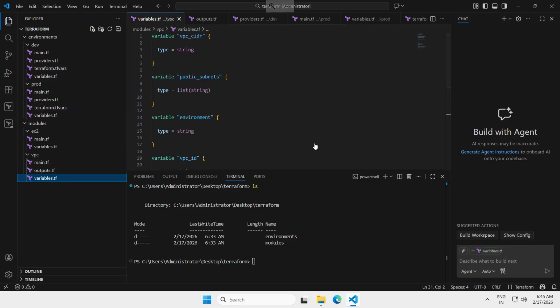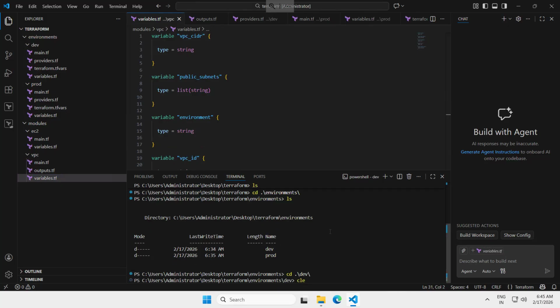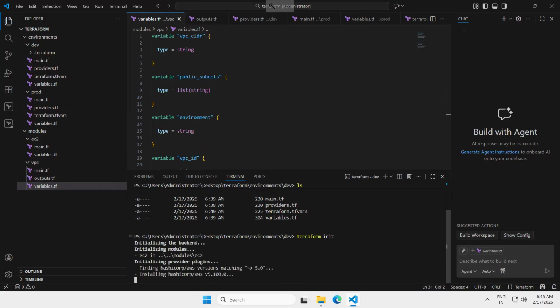Okay. Right now we are in the environments and modules directory. Let's go to environments, ls. Let's cd dev. So if you want to create, now we can run ls. You can see everything. Now I'm going to run terraform init. And in the meantime, let's go to the